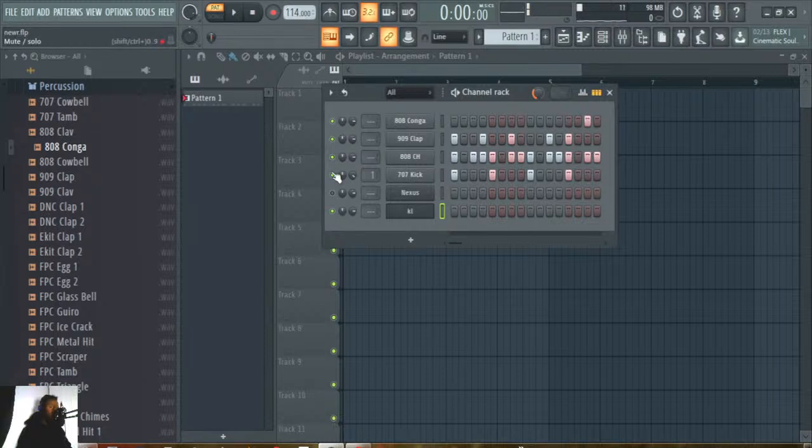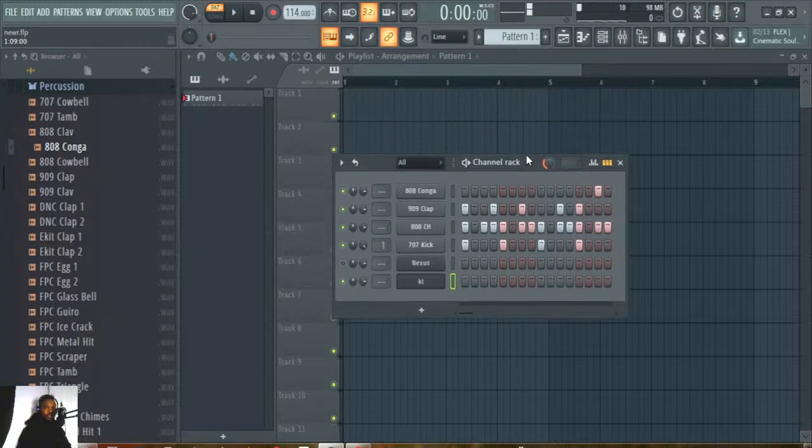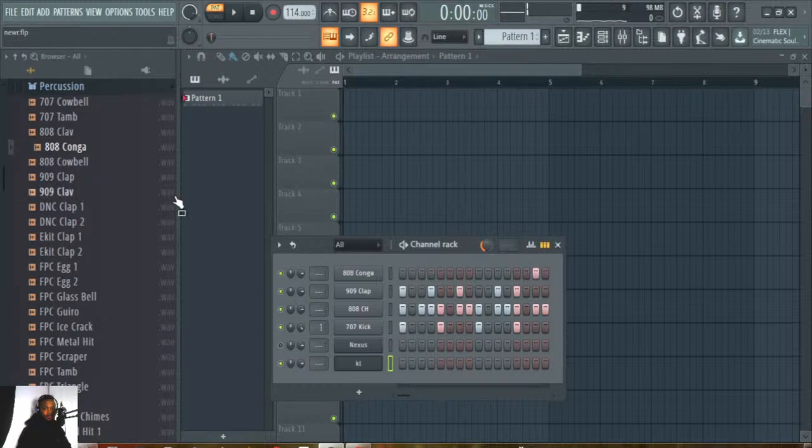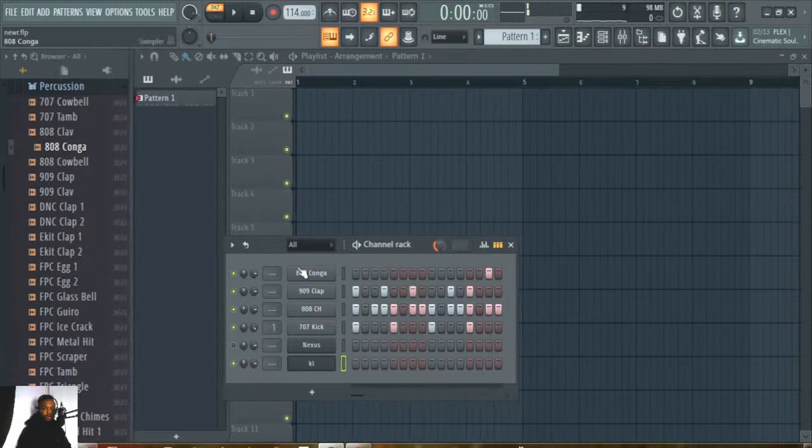in your channel rack. Now, how do you export this to an MP3 version so you can play it on your phone? Playing this on your channel rack is not enough, so you have to put this on your playlist so you can export and increase the seconds. So all this was created in pattern 1, and that's why you have pattern 1. If you're using FL10, this is FL20. If you're using a lesser version, you might not see it here, but you see pattern 1 right here and